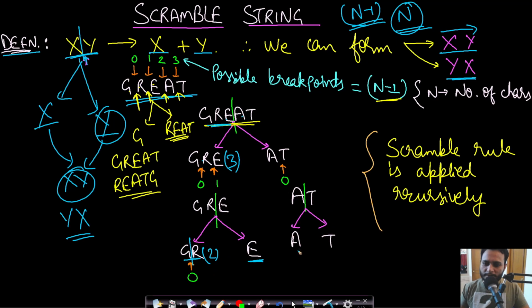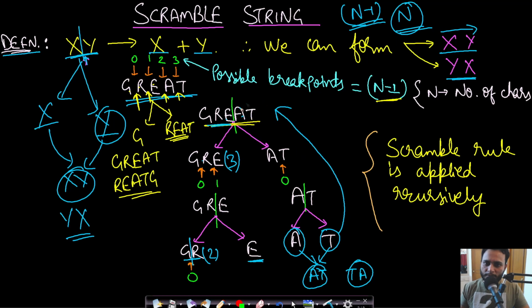So in this case, let's assume that we are at this point, "a" and "t". Now we can merge this "a" and "t" so that it will form "at", or it can also form "ta". Okay, so we will have to try out both these possibilities and see when we keep building up the order, then we will have to again form string s2, right?